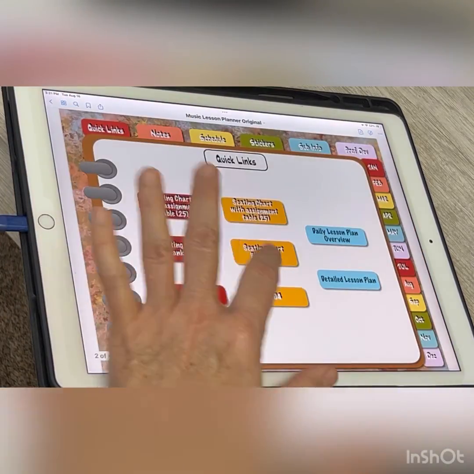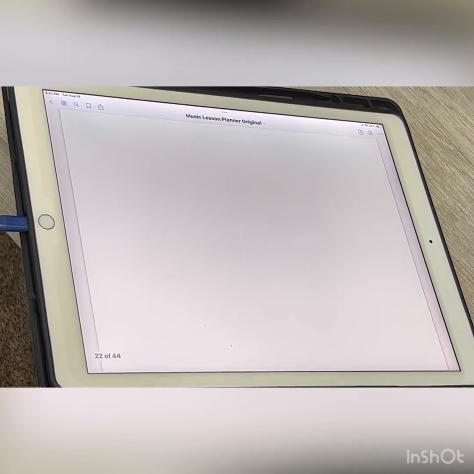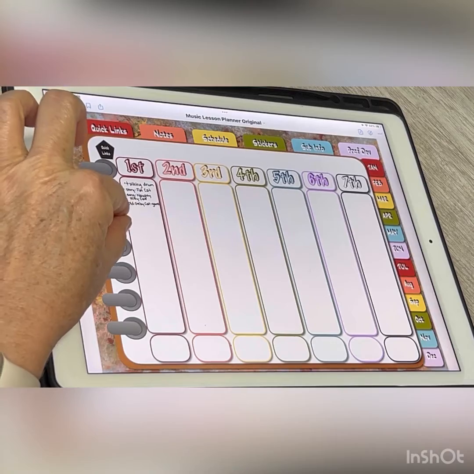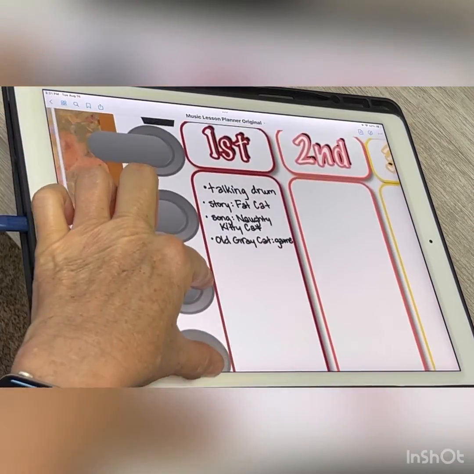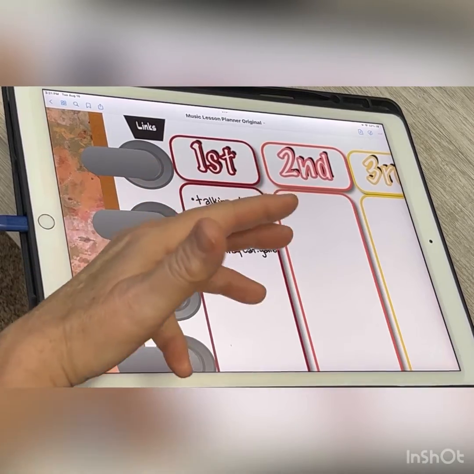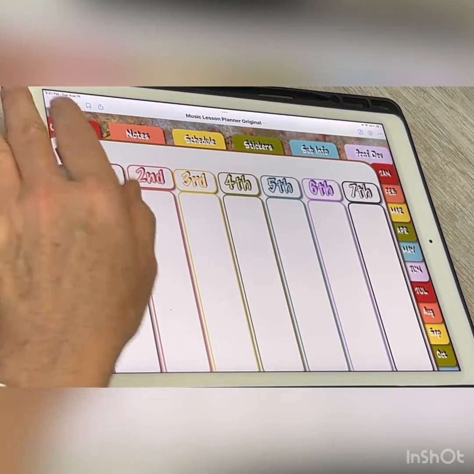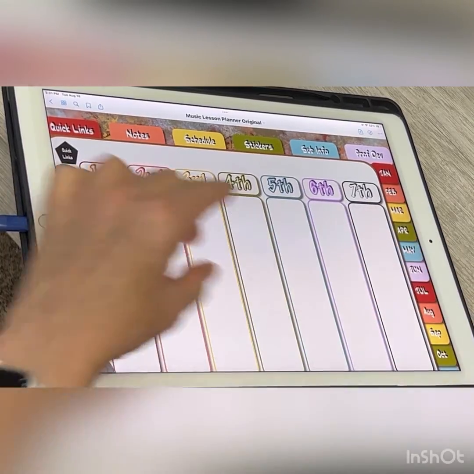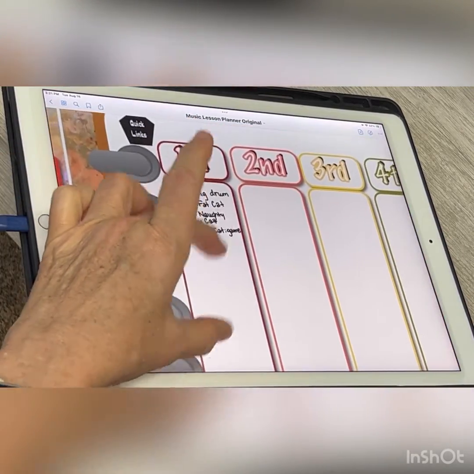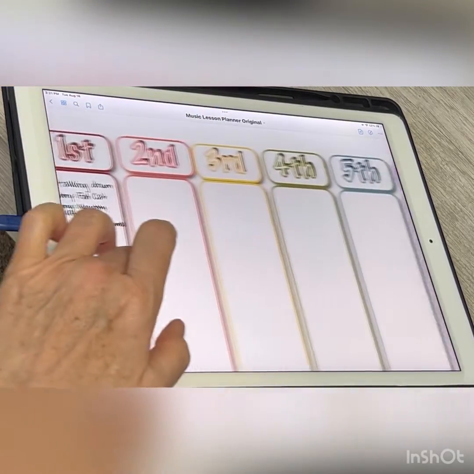Okay, and the 504 page works in the same way. Daily lesson plan overview is just that. So you can kind of jot down, okay, my first period or my first grade or however you want to use this. I designed it so that this could be for a secondary 1st through 7th period. It just so happens it works for elementary as well. So this could be 1st grade through